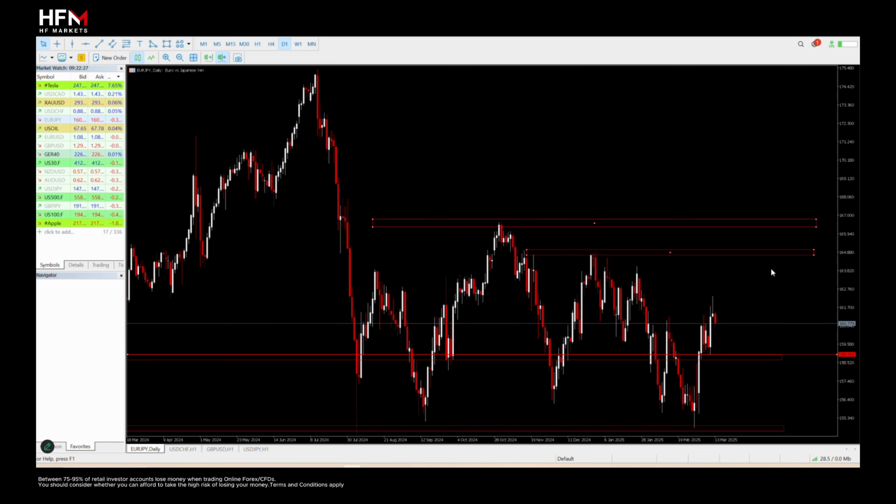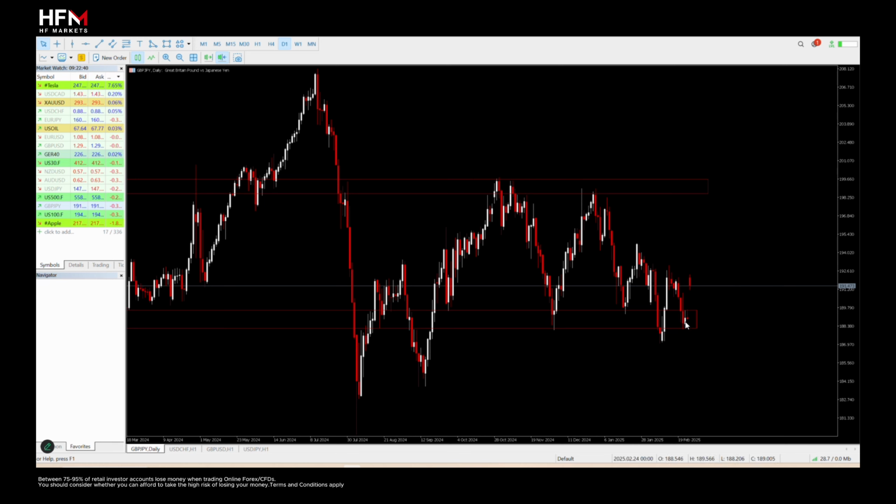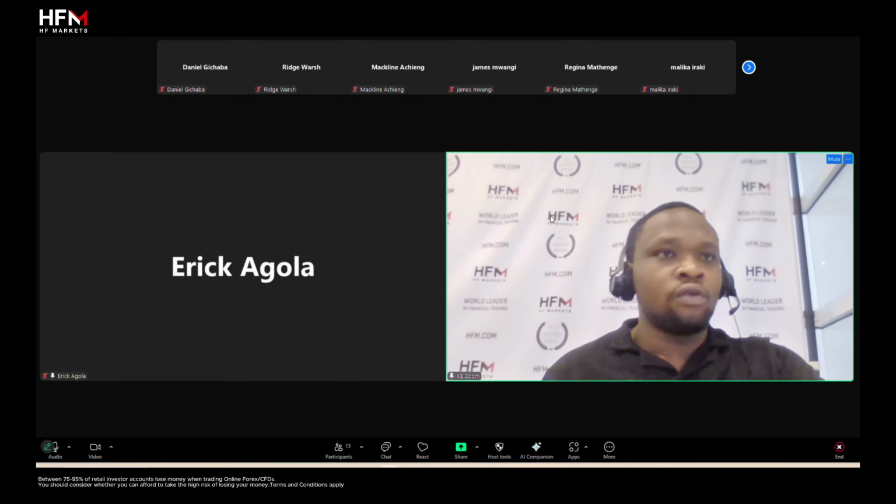No clear price action in place, but fundamentally we are getting to experience a much stronger Japanese yen. A likely scenario that we're also going to see on perhaps GBP JPY, price printing on the upside, bouncing from the area of interest. So we see positively correlated assets also attempting to change narrative from the bearish trend to a bullish trend. So we see a change of character, which is supported by fundamental analysis.